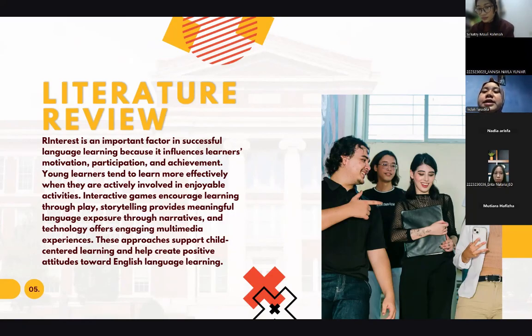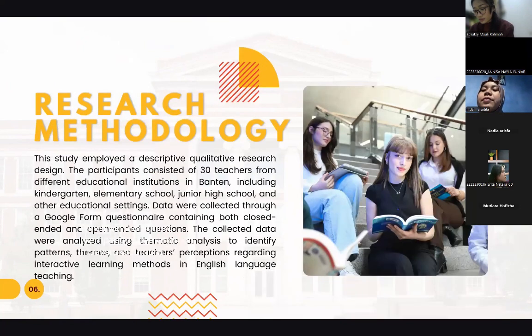And for the research methodology, the study employed a descriptive qualitative research design. The participants consisted of 30 teachers from various educational institutions in Banten.